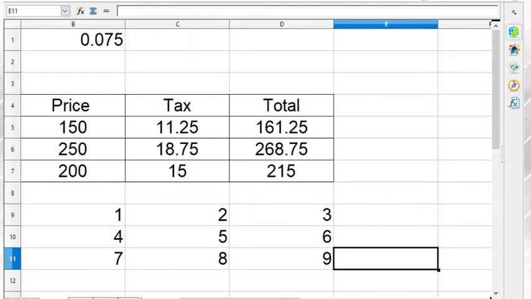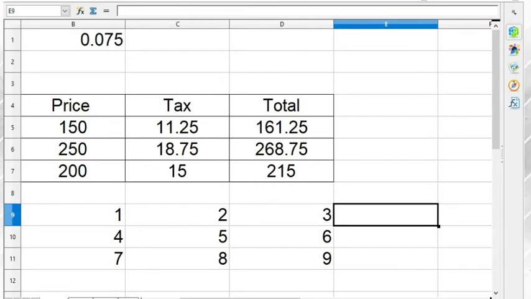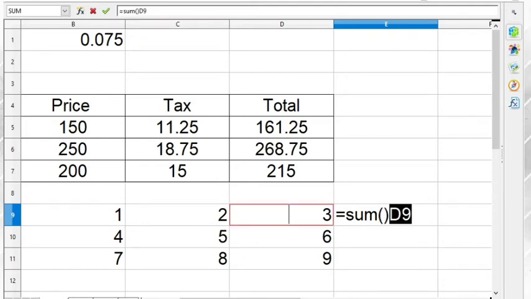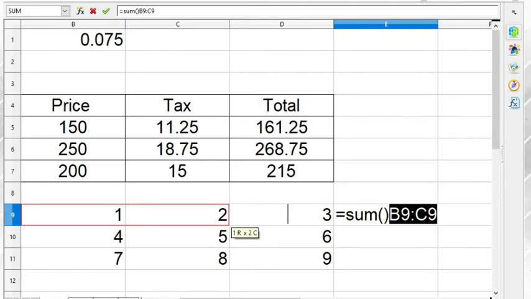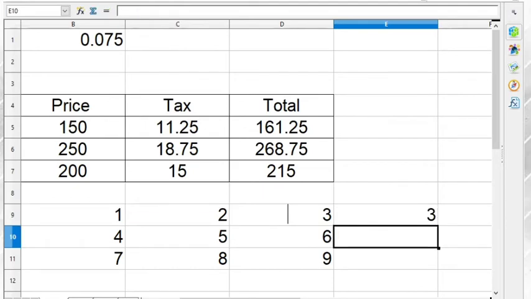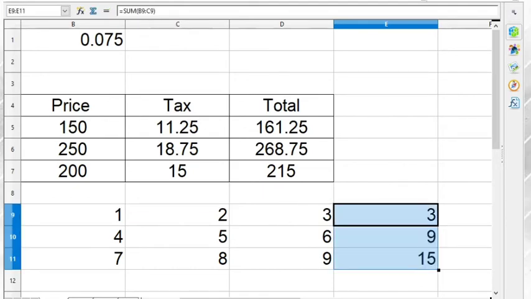Alright, so now suppose for finding the total for the cell references B9 and C9, I will write equals SUM, and then I have to drag these two cell references here, and press enter. So you can see I got 3 here, and when I drag it down, I get the addresses, right? Now to make this formula a mixed cell reference, mixed means either you make the row number absolute